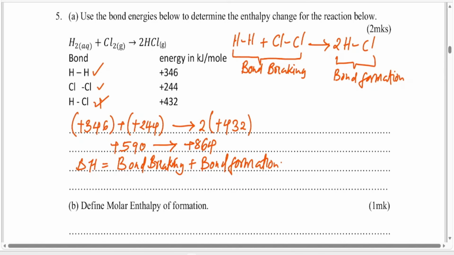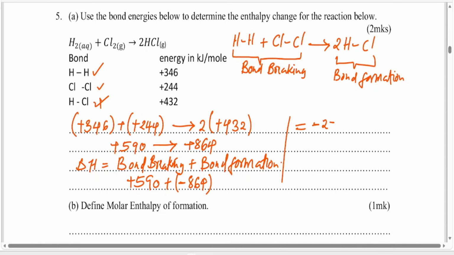Now, bond breaking is endothermic and bond formation is an exothermic reaction. So on the side of bond formation, we have to include a negative sign so that we do the summation. So we are going to have positive 590 plus negative 864. So working out this, we are going to have